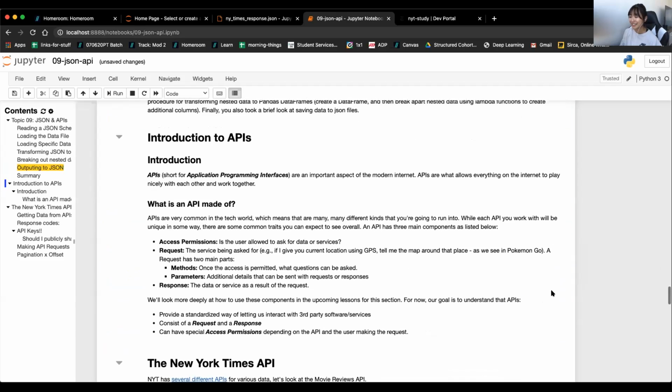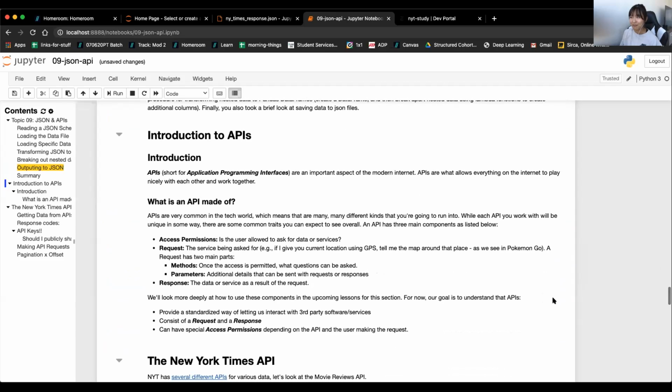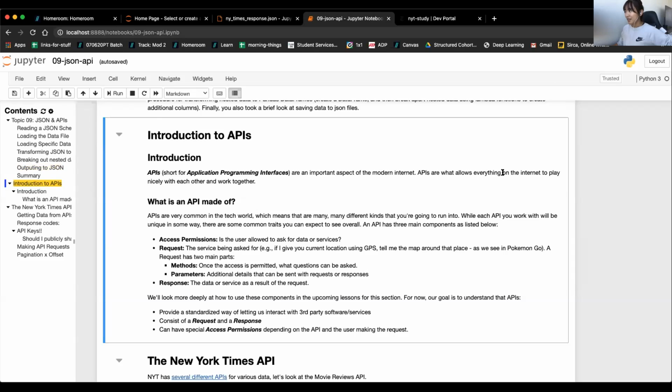The term APIs actually consists of many different things. You can use APIs for a bunch of stuff. API stands for application programming interfaces, and they allow things to work with each other. One example that I can think of that's very helpful for explaining APIs is, is everybody aware of the app Pokemon Go? I don't mean to have Pokemon references in 2 study groups in a row, but